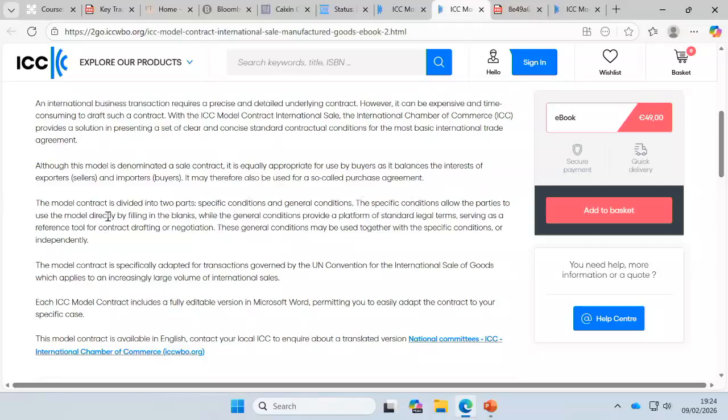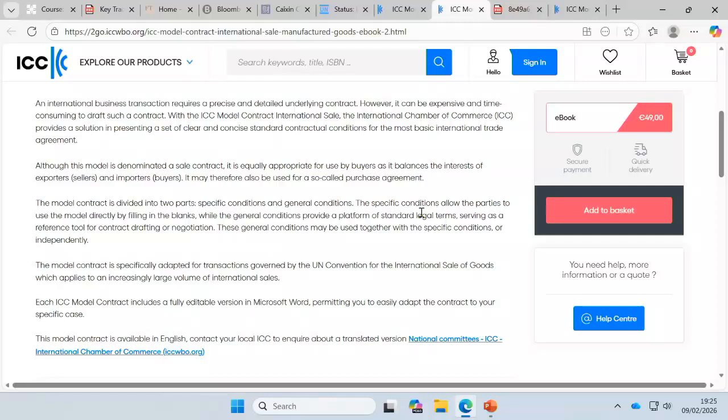Specific conditions allow the parties to use the model directly by filling in the blanks, while the general conditions provide a platform of standard legal terms serving as a reference tool for contract drafting or negotiation. These general conditions may be used together with the specific conditions or independently. And of course, the contract provides a provision to choose ICC arbitration as a dispute resolution system embedded in the